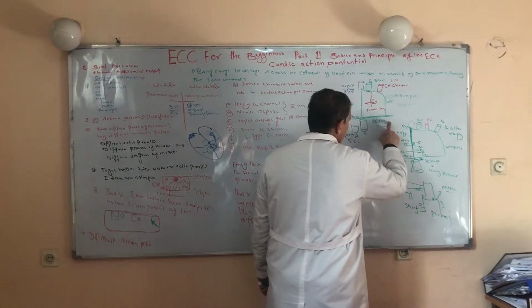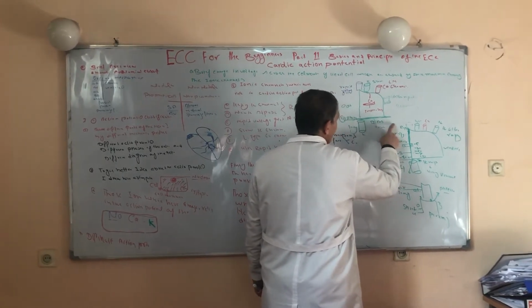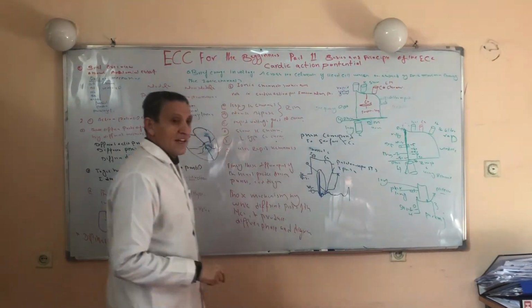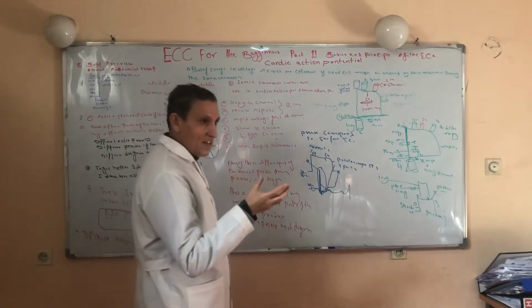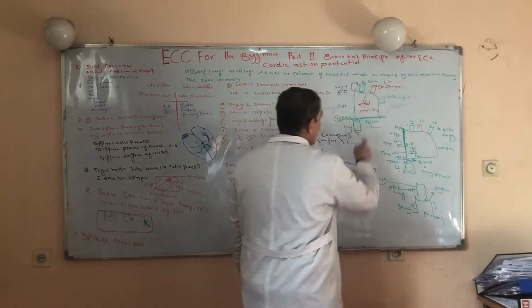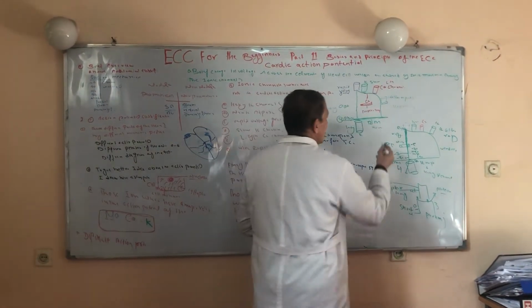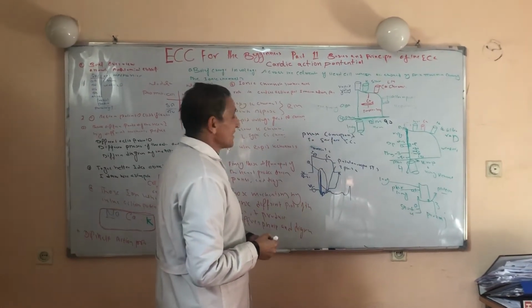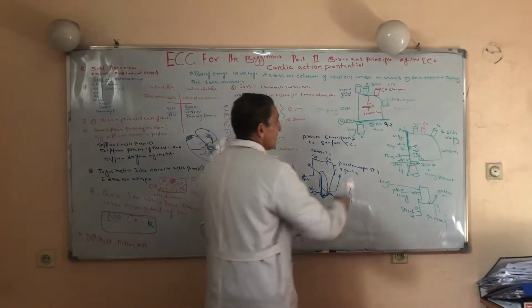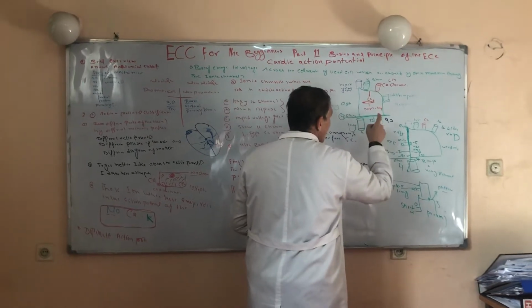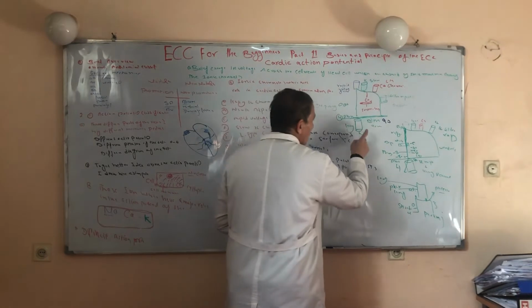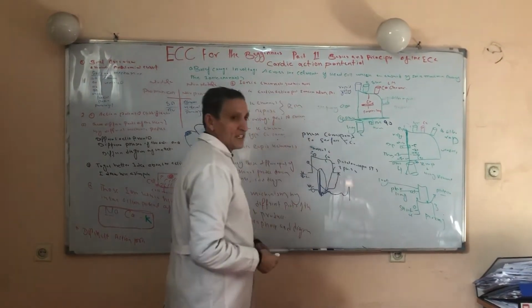What is the resting membrane? What are those mechanisms by which the resting membrane potential is produced? Resting membrane is a state of the cell in which the cell represents a negative electrical voltage. I mean minus 90 millivolts. Resting membrane potential is defined as a voltage difference between the inside of the cell and outside of the cell. First we will discuss those mechanisms by which this resting membrane potential is produced.